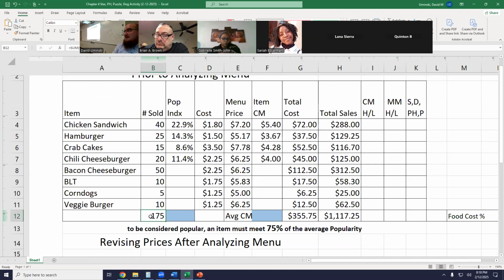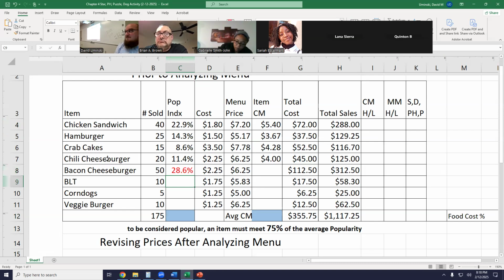I got 175. Okay, give me a thumbs up if you're following me so far. Okay, we got 175. That's how many total items that we sold. So this 22.9 I got by dividing 40 by the 175. So if I divide 50 by 175, I get